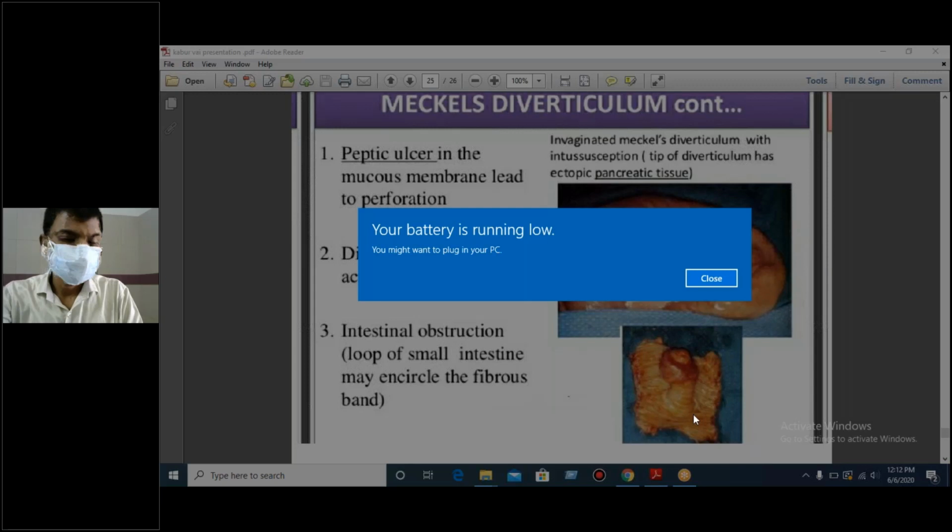But some others are theoretical. You will memorize how long the jejunum is, how long the ileum is. But there is an important question for the written exam: the microscopic differentiation between the jejunum and ileum. Sometimes you will face a question on the difference between the jejunum and ileum, or the differentiation between the duodenum, jejunum and ileum. This is a theoretical question.